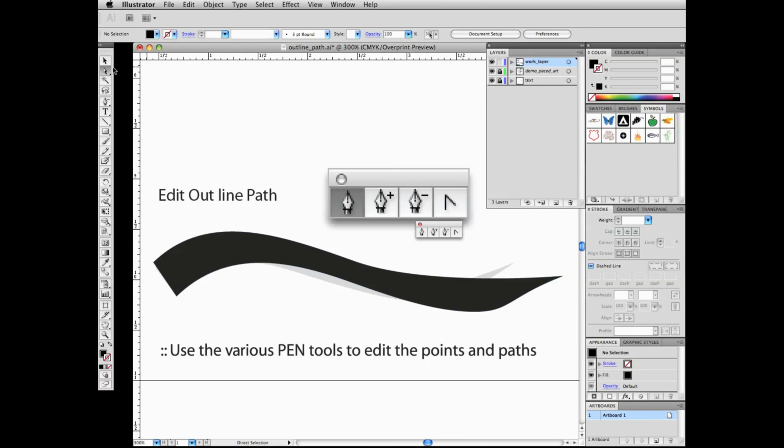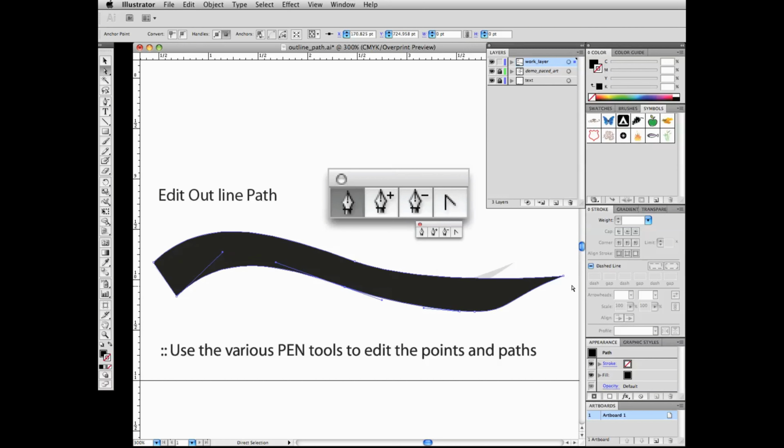Okay, so let's go and get the white arrow, click on our shape. And when I click on the black part, you'll see that all of the points, all of the anchors are selected. We can click on a single anchor, and you'll see this one is now dark, and the others are white inside, so they are not selected. So we can click on individual anchor points, and then begin to drag our points around to get our basic